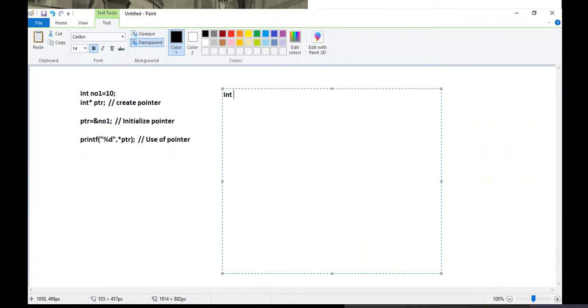Let's write something like doOperation. This will be the name of the function, and it will take 2 arguments, int x, int y. So this is my declaration. If you are declaring, even if you are not writing the variable names, it is still allowed.